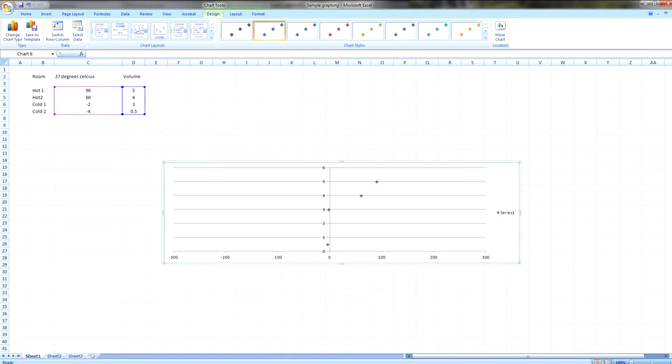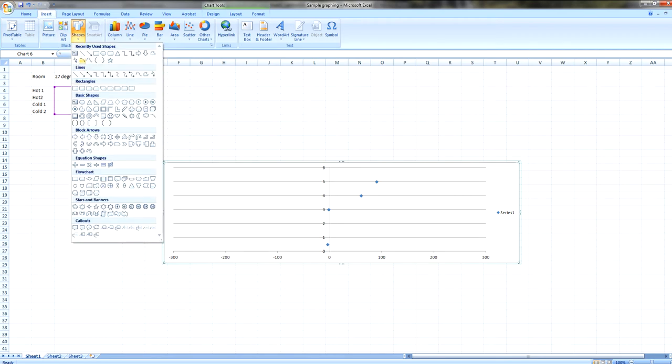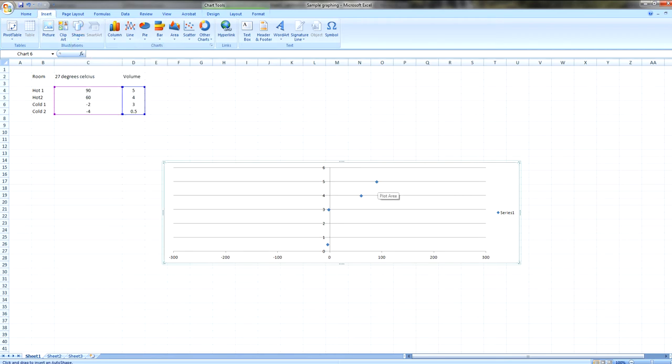It says extrapolate, so all I need to do is to go back here, insert, and this time I choose shape and choose a line, and now I have to draw the best line of fit that can give me an extrapolation that is close to negative 3 Celsius. So if I choose these two